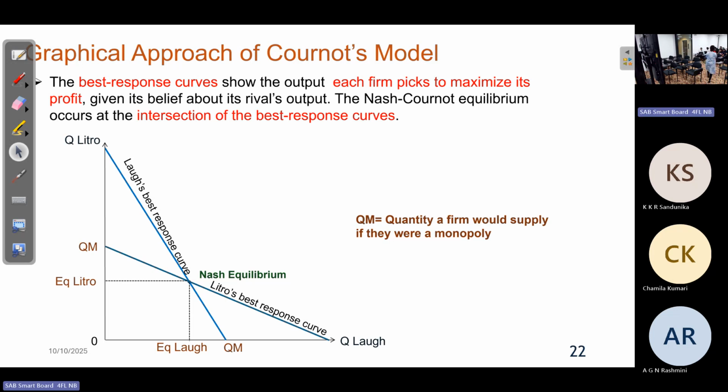Shall we take a small break then? After that, let's do another calculation for the Cournot model, because that will be tested in your exam as well. Also make sure that in this case it is easier for you because the marginal cost was the same for both firms. But you could be given two different marginal costs as well. If that happens, take the relevant one for each firm and do the profit maximizing. Understood? So shall we meet after 10 minutes? Then we'll do another calculation. Okay.